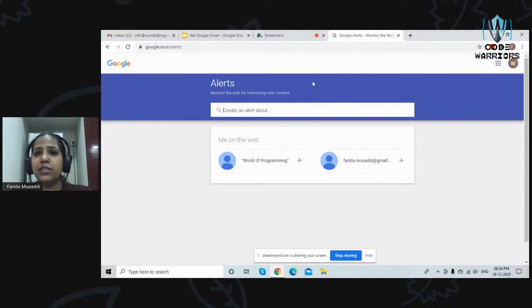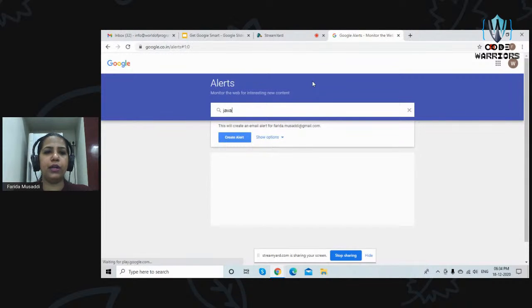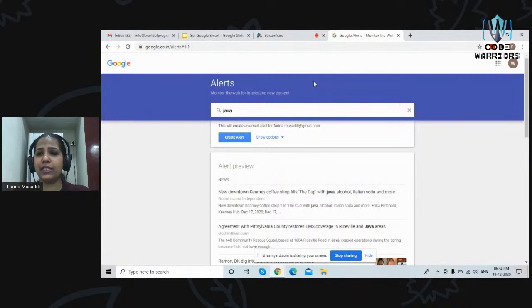People who are into business, people who are into finance, who are studying a particular feature. So whenever you want to know the latest updates which are happening around the world, you can choose Google Alerts as your option. Whenever there is an update in that section wherein you are searching, Google will send you a notification via email about that alert. So create an alert about, let's say I want to know all the latest developments about Java. So I'll select create alert about Java.